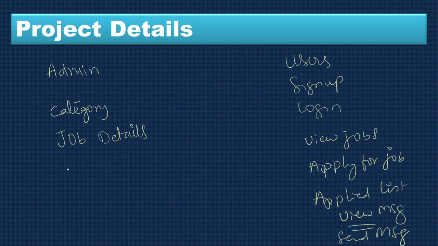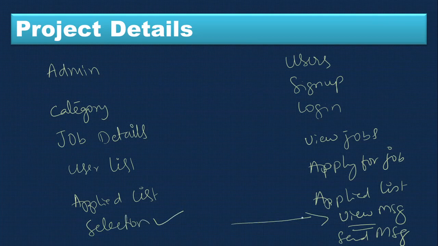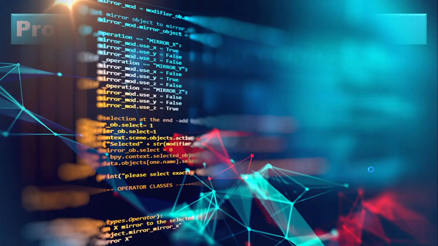So here now we have the user list, who all signed up, and the applied list, who all applied for the post. Then the selection. When you do the selections, we'll send a message to the user. Then the selection list. So these are the options which you can provide from the admin. Therefore you'll have two modules, the admin module and the user module. These are the options you can provide in the admin, and these are the options you can provide in the user. Now I'll show this demo,